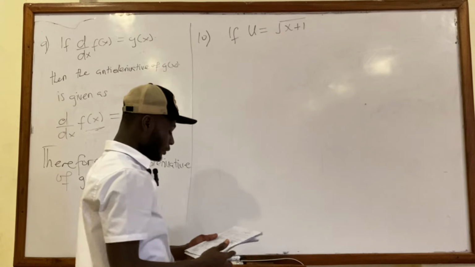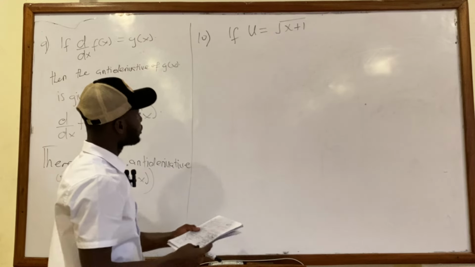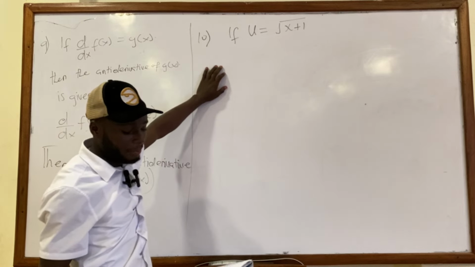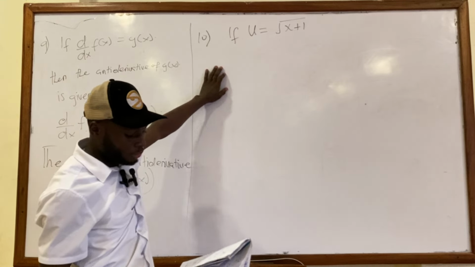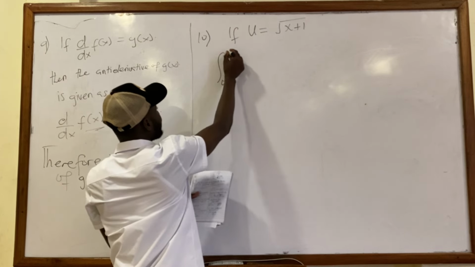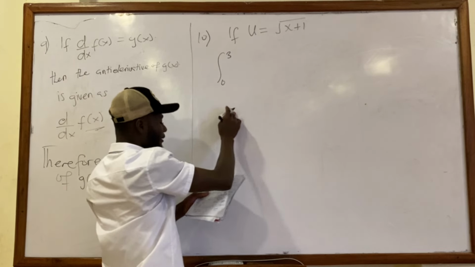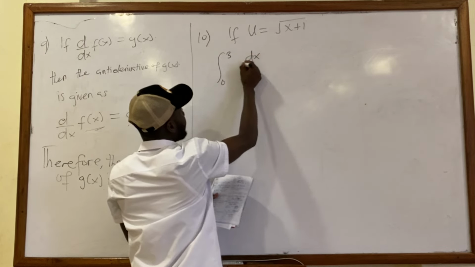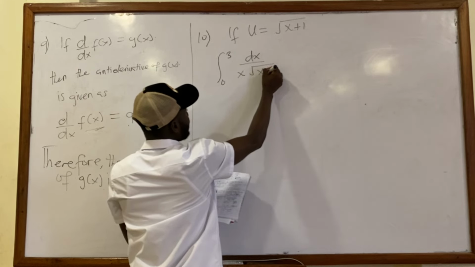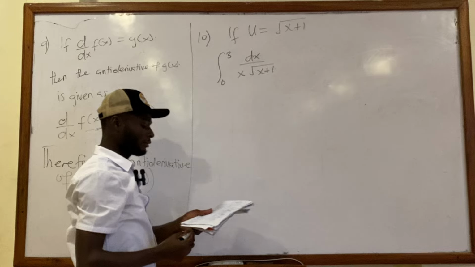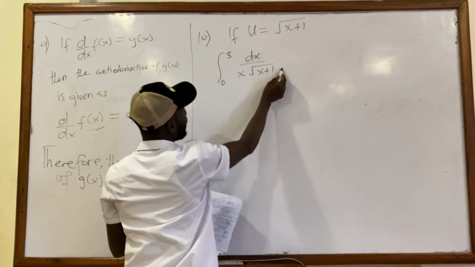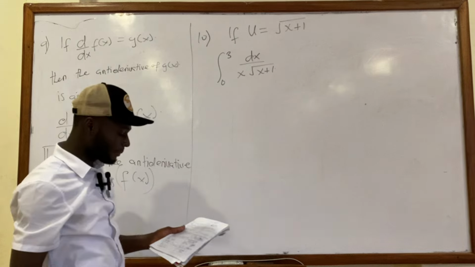So what we have to do is apply a change of limits to this problem. Here the function is the integral from 0 to 3 of dx over x root of x plus 1. Since u is equal to root of x plus 1,